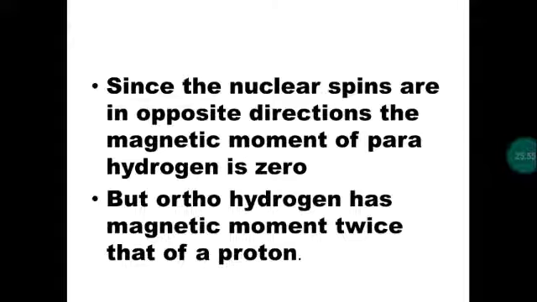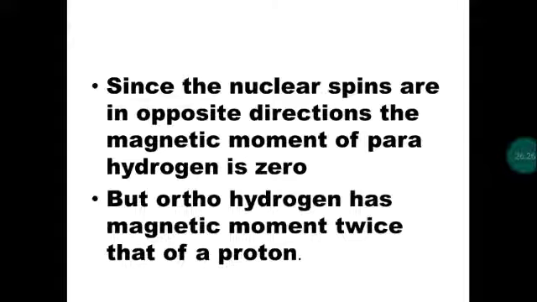Consider single hydrogen. When we observe a single hydrogen, the nucleus of a hydrogen atom will spin in a particular direction, either clockwise or anti-clockwise. Due to the spinning, it produces a magnetic field. There will be a magnetic property, so we can calculate magnetic moment. In the next lessons, we will discuss how to calculate magnetic moment. So for a single hydrogen atom, there will be